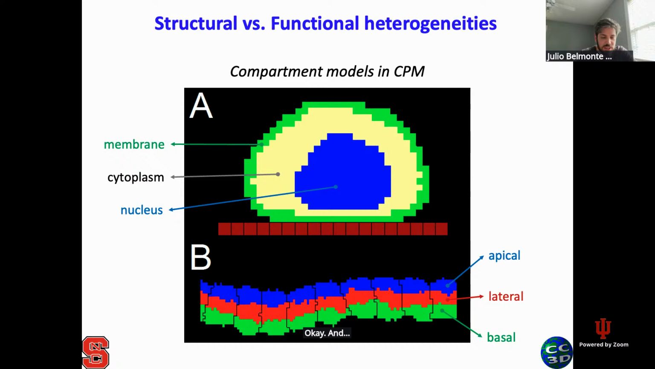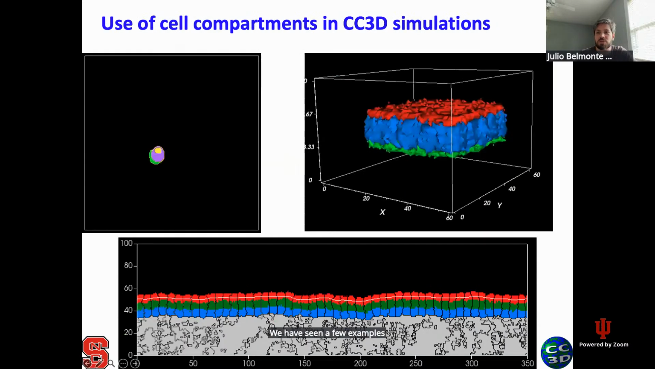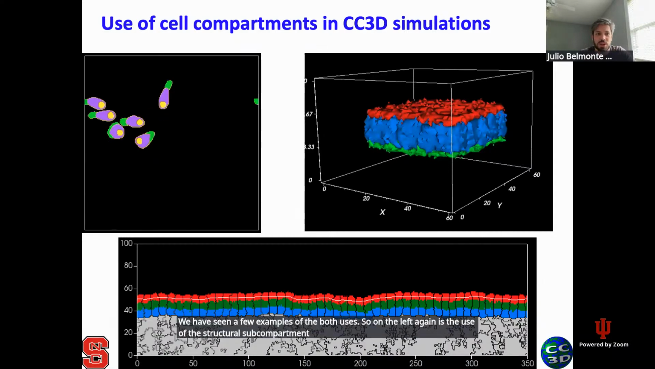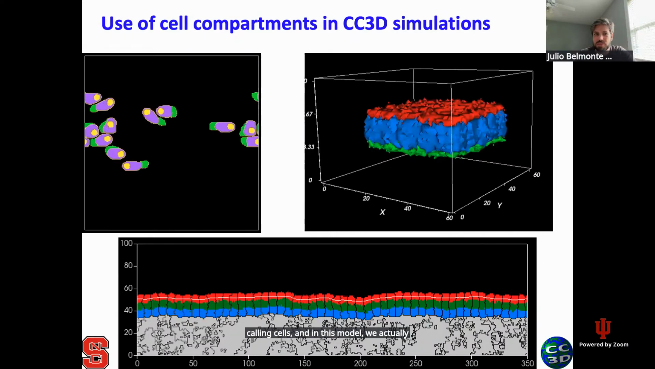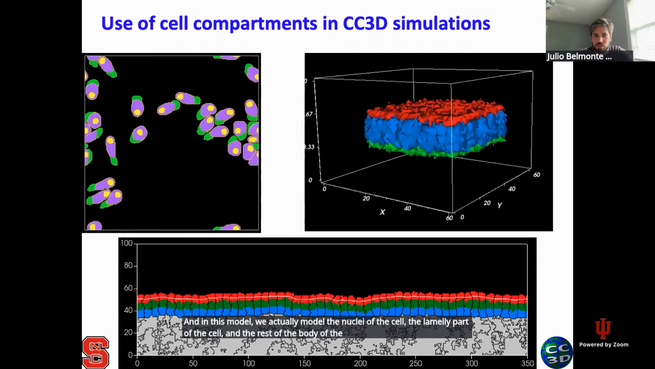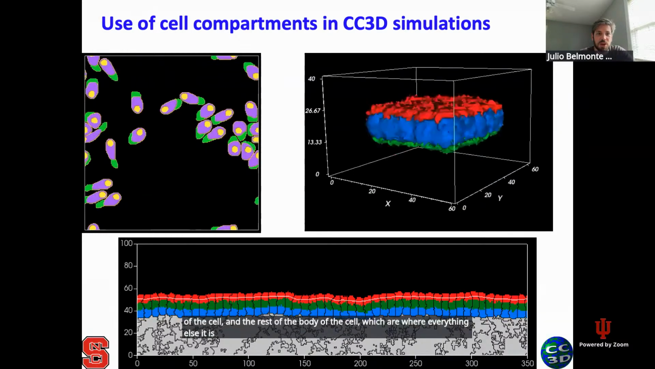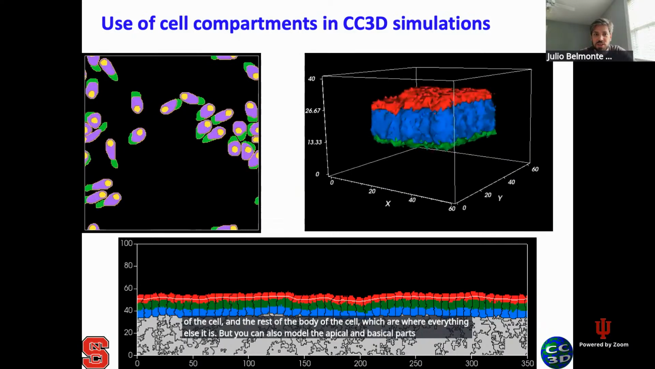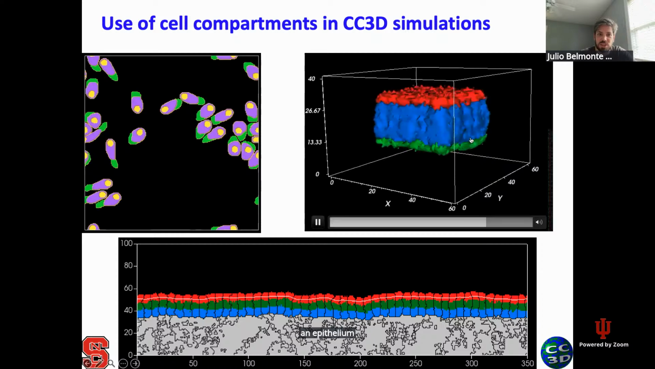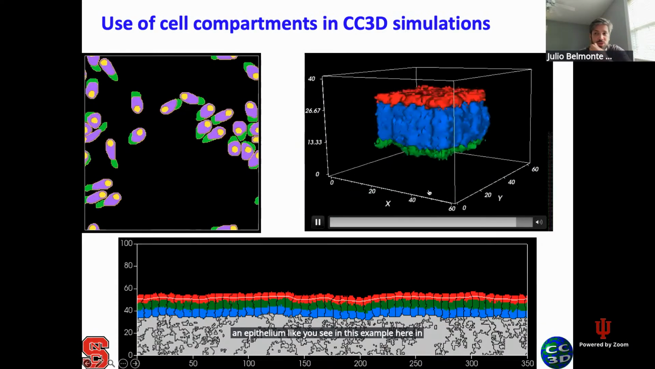We have seen a few examples of both uses. On the left again is the use of specific structural cell compartments to model crawling cells. In this model, we actually model the nucleus of the cell, the lamellipodium of the cell, and the rest of the body of the cell, which is where everything else is. But you can also model the apical and basal compartments of the cell